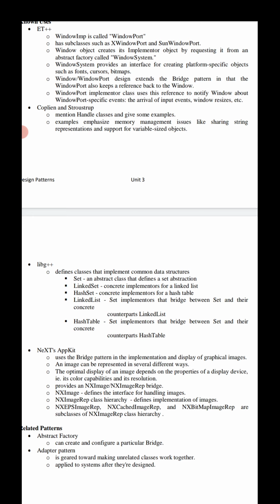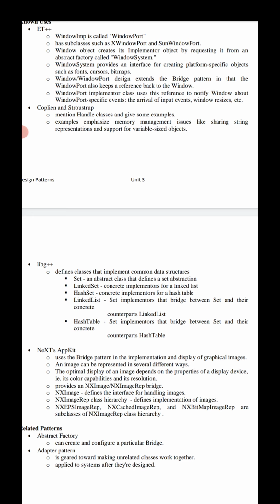NXImage and NXImageRep bridge: NXImage defines the interface for handling images, and the NXImageRep class hierarchy defines implementations of images.